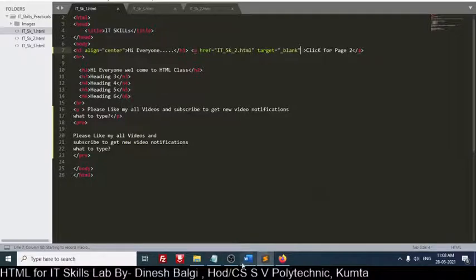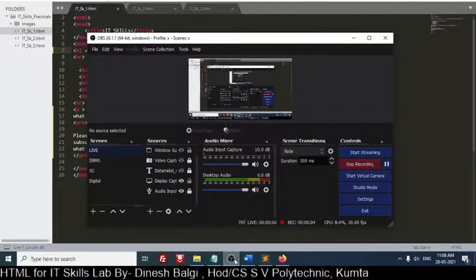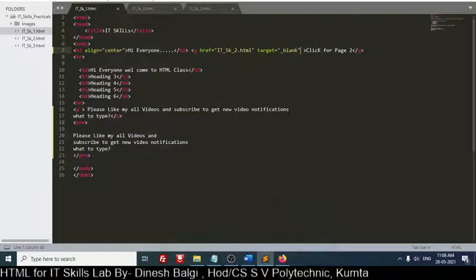So in the previous video, we discussed this target tab, but it was not showing properly on the screen. So I want to re-demonstrate it. For that, first I will show you. See, now I have saved it with the target. So this particular attribute I will remove, and I will save the file.